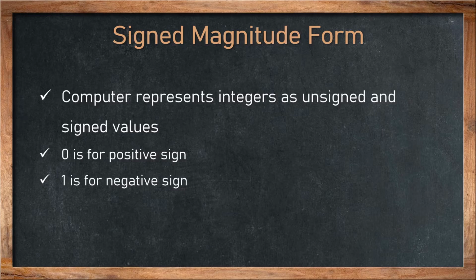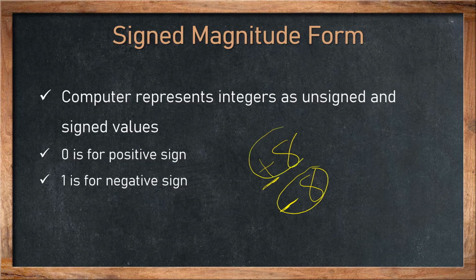Okay, so in this lecture we are going to learn some rules and basic concepts of binary arithmetic operations. If we take an example, let's say I have the number 8, and I ask whether this number is positive or negative, you will easily say it's positive, because any number without a sign we consider positive. But if I want to write a negative number, I have to mention the sign before it, right? So this is my negative number and this is my positive number.